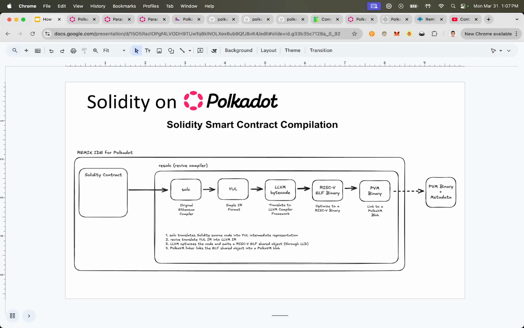Okay, so hopefully everything that I discussed made sense. A different way that we can look at it is looking at this diagram. This diagram shows you the compilation steps involved in compiling a Solidity PVM smart contract. The way that you do it, you'd use an IDE like Remix. However, you'd use the forked version of Remix. The Solidity team in Parity forked the Remix IDE so that they could add this Revive compiler as the